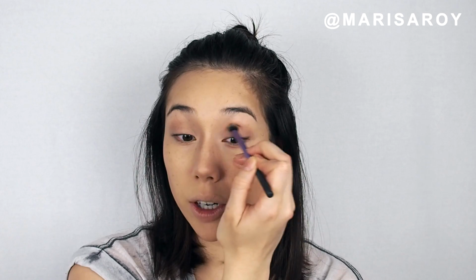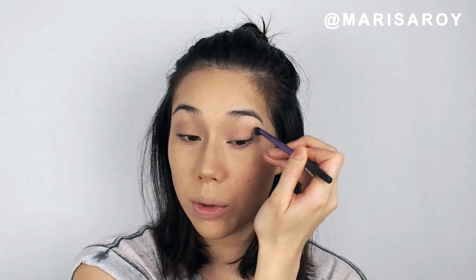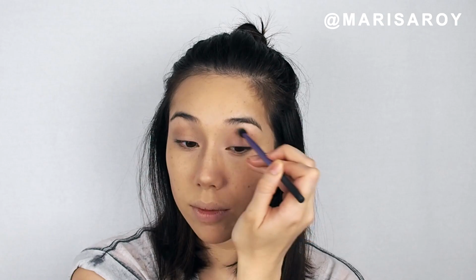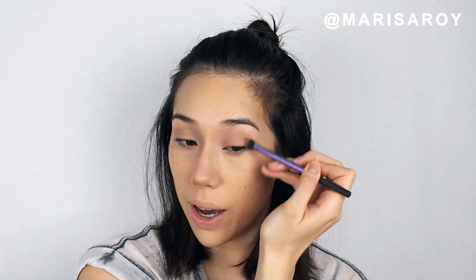I find one of the biggest mistakes people make is they go like this and they close their eye. You're not walking around with your eyes closed, right? So the best thing to do is to just look downwards into a mirror with your eyes open. And you can do these windshield wiper sort of movements as well as little tiny circles to just buff out